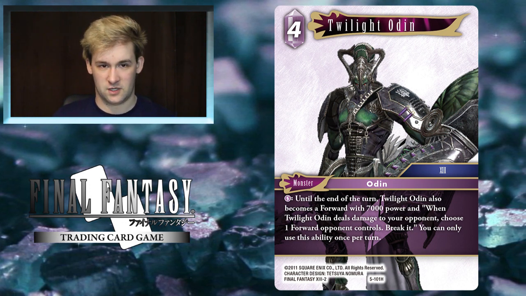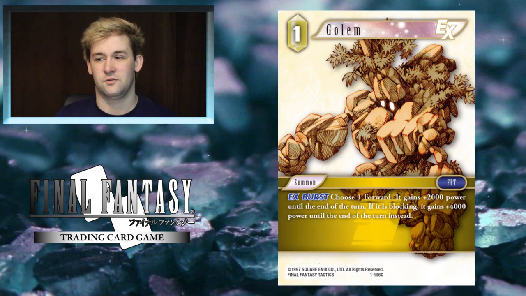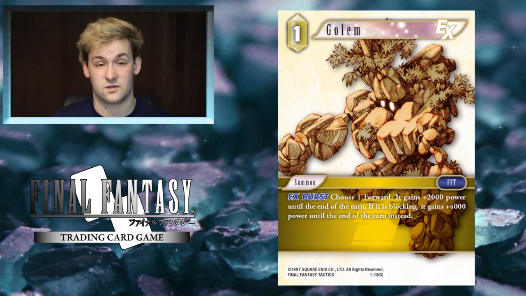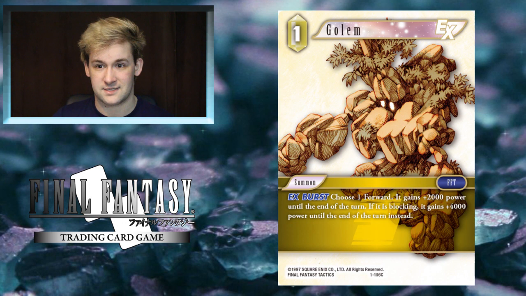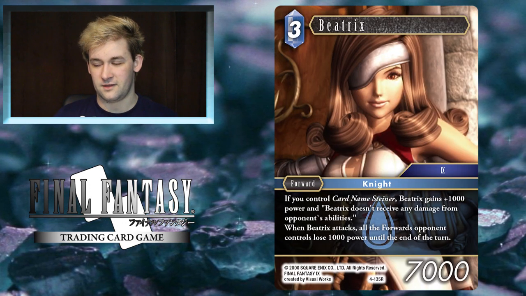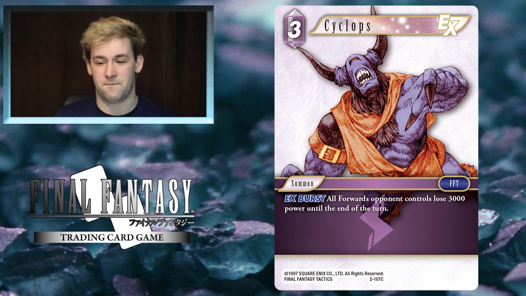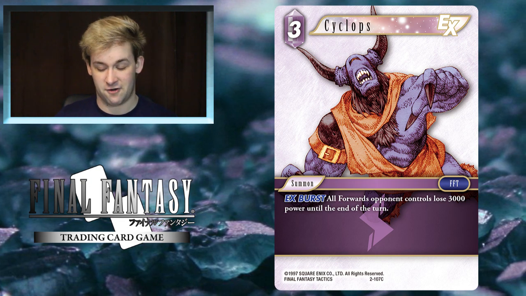For example, you attack with the Twilight Odin, they have to block something bigger preferably, but you could have golems in your hand, there's all sorts of things that you could have in order to make Twilight Odin stronger. Fire and Earth are the two that spring to mind with this, but I also think that it could work with things like Lightning and Water, where you could attack with a Beatrix and make their guys weaker. You could use a summon under Garnet and make your guys stronger. Cyclops is very good for this under the same color as Twilight Odin. So I think that using Twilight Odin as a combat piece could actually be potentially scary,